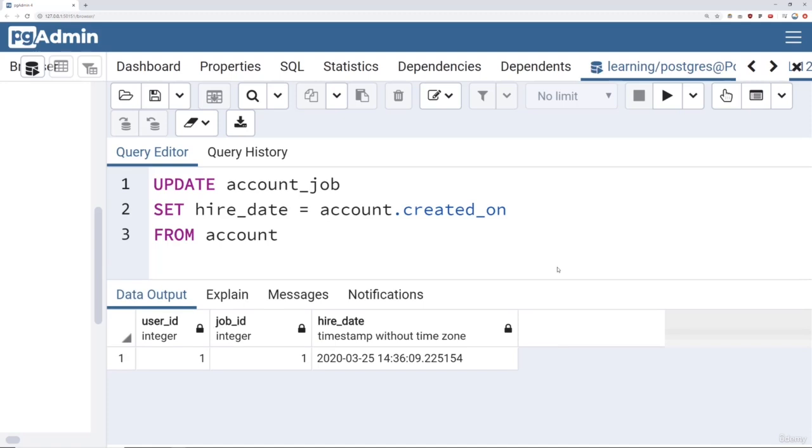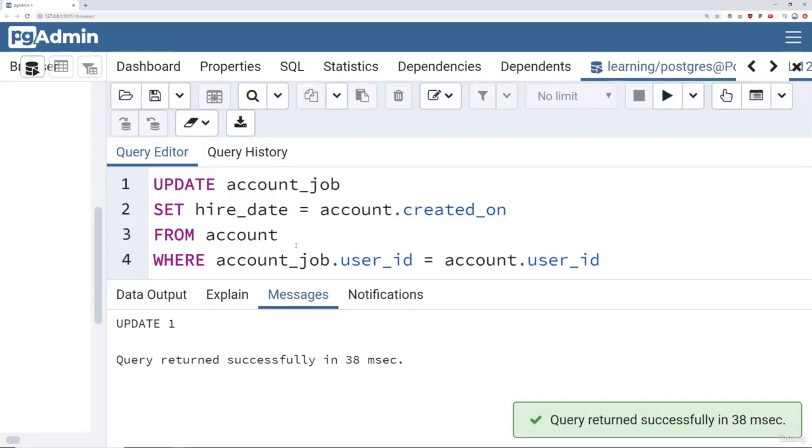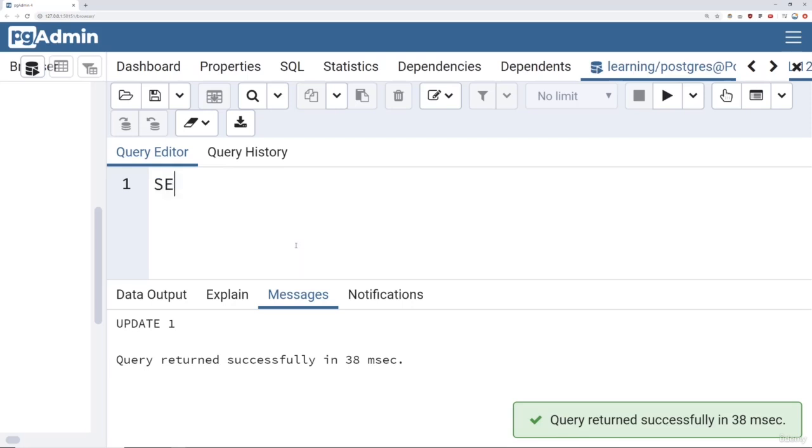And then we're going to do the following. Essentially, this is where the join comes in. We're going to say where account job dot user ID is equal to account dot user ID. So we run this. It was successful, which means if I were to select